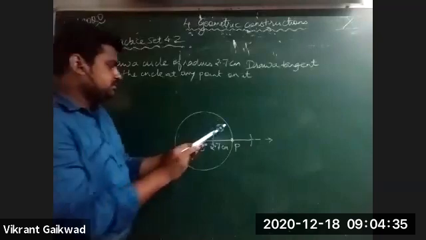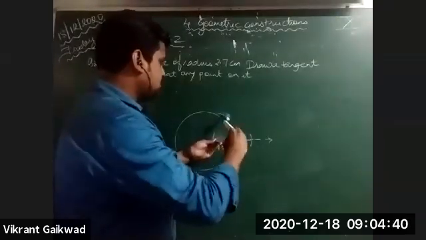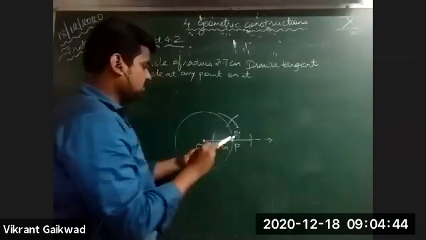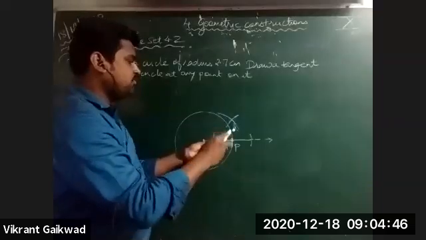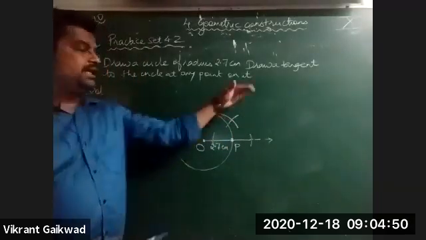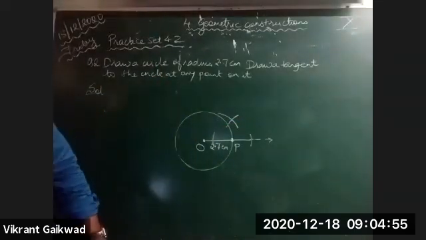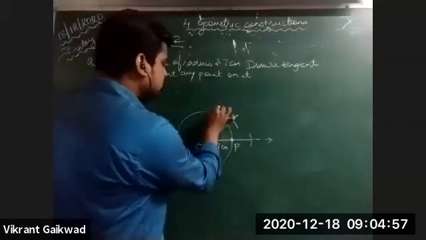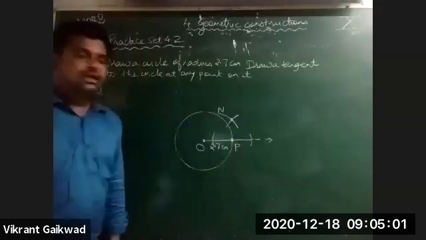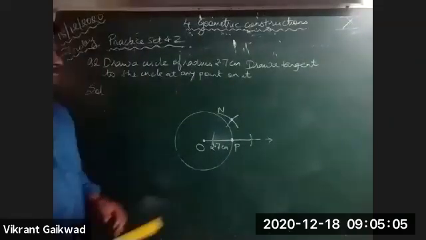Increase the distance, and from the first arc above, from the second arc above, cut the arcs. Check. Is this clear? Say we name that point N. If you don't name this point, that's also fine. Now join the point of intersection of the two arcs with P. Simple.